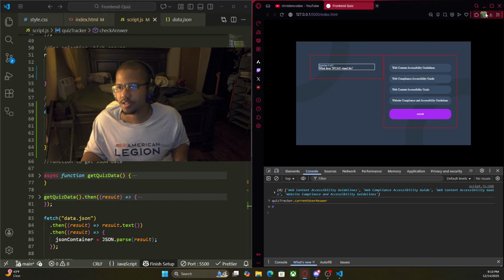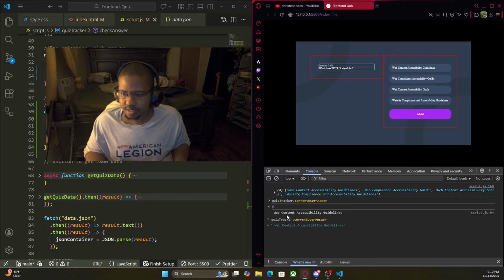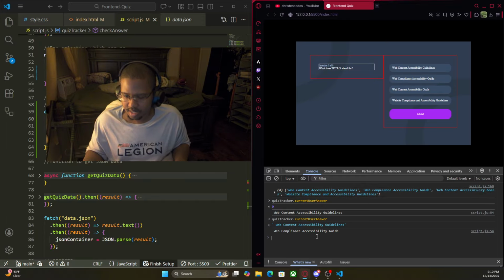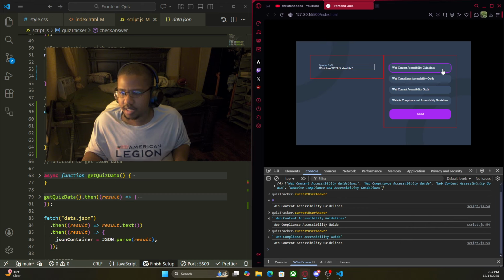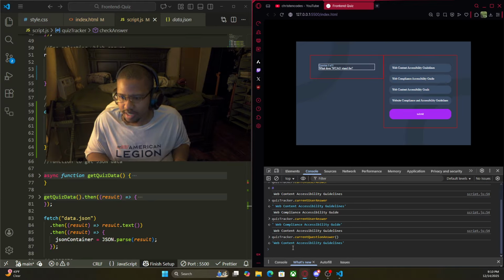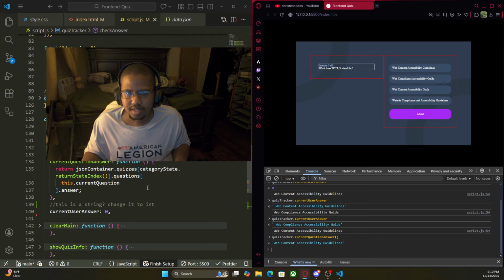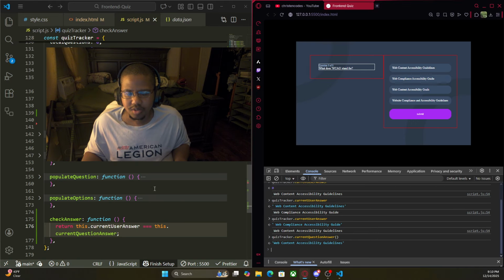So let's see. We're going to choose web content accessibility guidelines. Let's change it. Web compliance accessibility guide. So web content accessibility guidelines. And then we're going to say current question answer, web content accessibility guidelines. And then what we're going to do is return